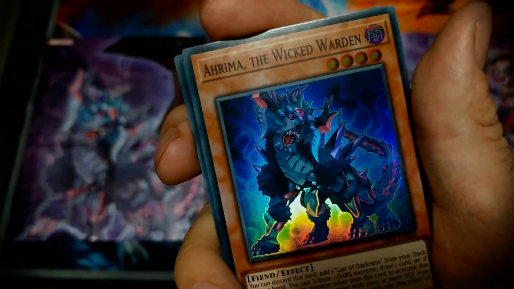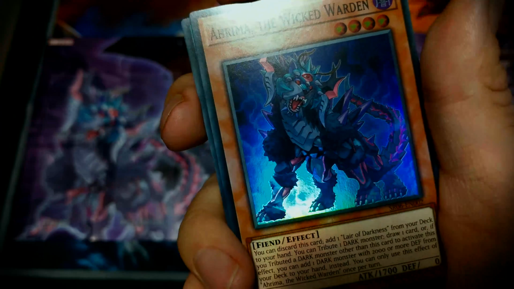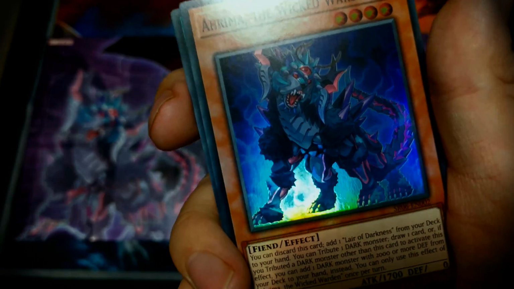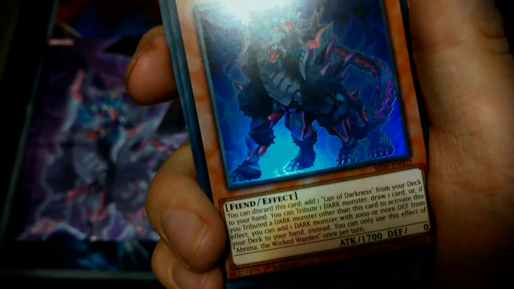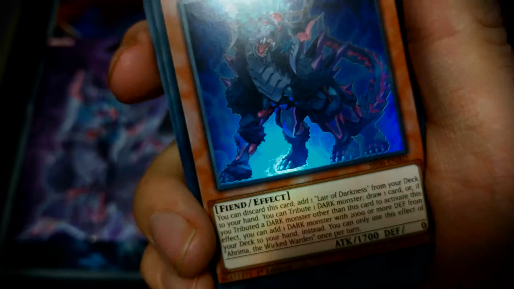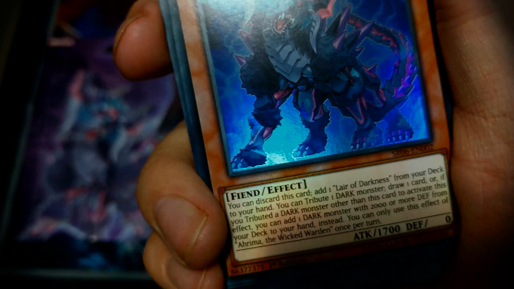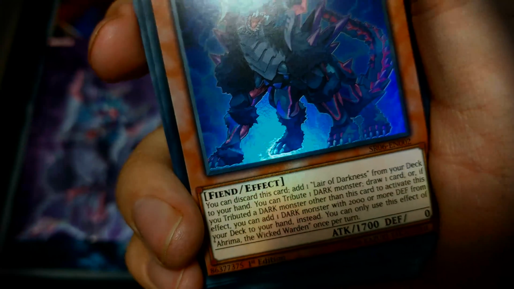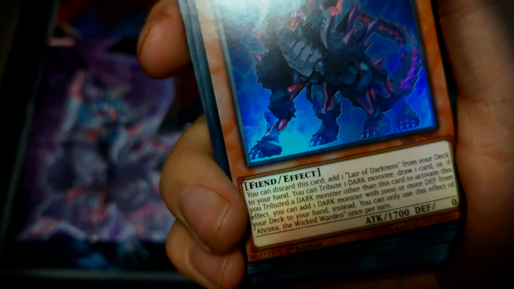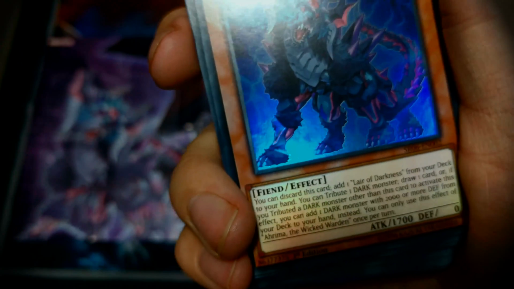Wait a minute. So I can discard Arma to add a structure deck from my deck to my hand? No, not quite. There is a card called Lair of Darkness, which we'll get into in a second. Anyway, Arma's effect reads that you can tribute a Dark monster to draw a card, and if you tribute a card that isn't himself, he can search out a Dark monster with 2000 or more defense